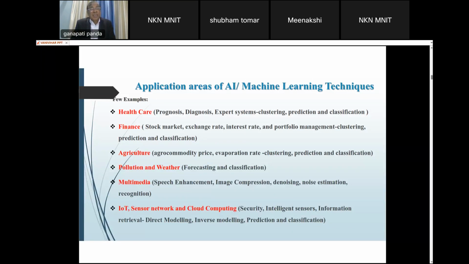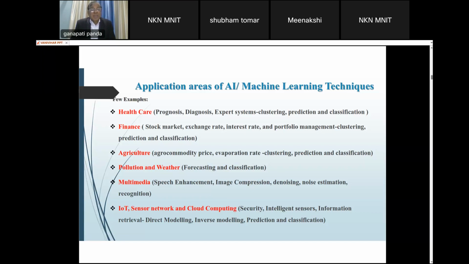It is used for agriculture, commodity price prediction, evaporation rate prediction, for pollution and weather, for forecasting and classification, multimedia applications, speech enhancement, image compression, denoising, noise estimation, recognition, understanding of speech,